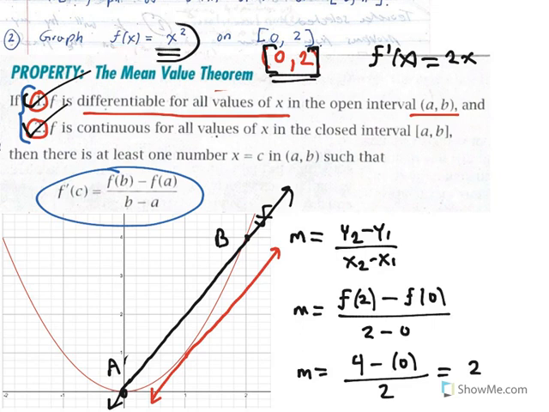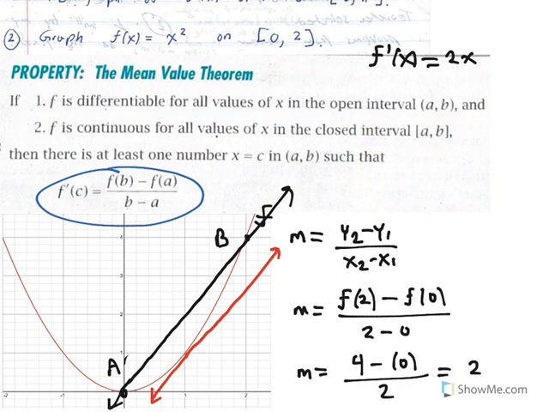Then what does the mean value theorem tell us about what has to be true? If these two hypotheses are satisfied, then it is enough for us to know that there must be at least one x value between a and b. For us, that would be between 0 and 2,